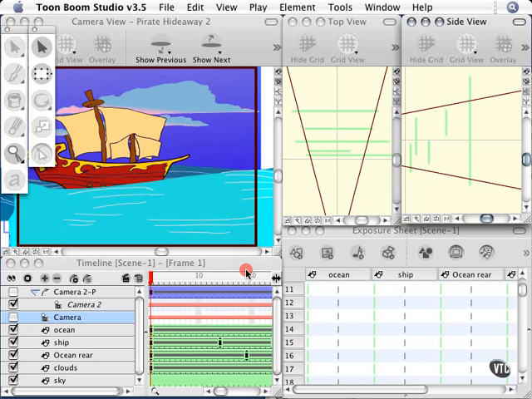In Toon Boom Studio, you'll be using a traditional concept known as pegs. Now, of course, in old school animation, pegs were used to register properties so that things would line up properly in your animation. But in Toon Boom Studio 3.5, you'll find you have two different types of pegs available to you. You have pegs that are built into anything you draw, and you also have pegs that you can manually attach